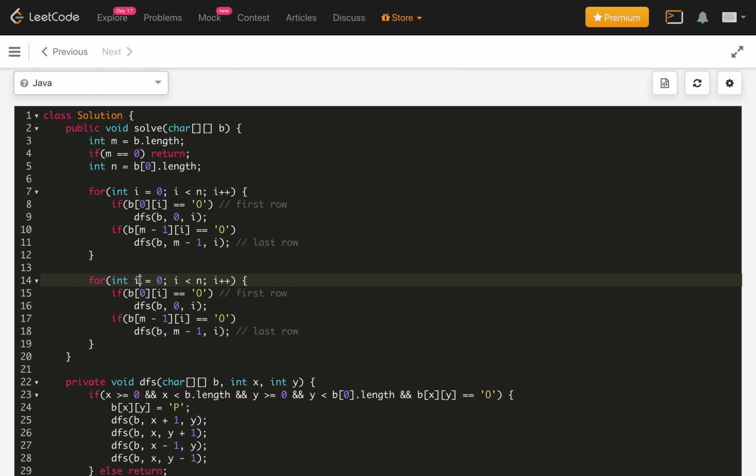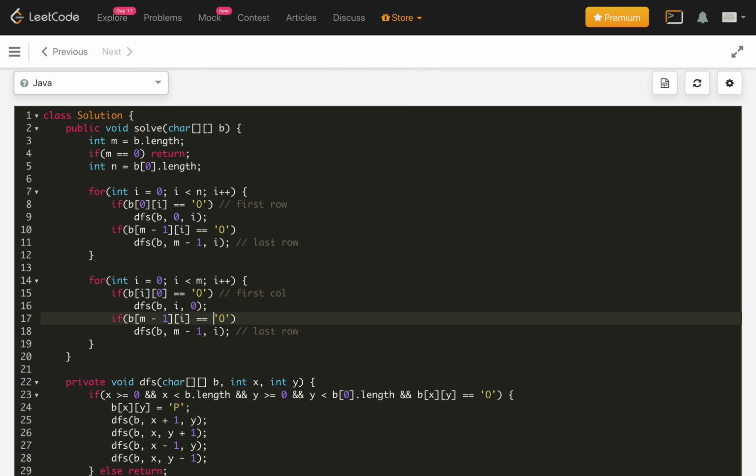Now we have to write the same for the columns. So let's copy this and change this. Now this loop should go till m, the number of rows, and the column should be constant: 0th column, and I is varying here, with the same condition. Now we need to pass I, and here it's a fixed 0. So this is for the first column.